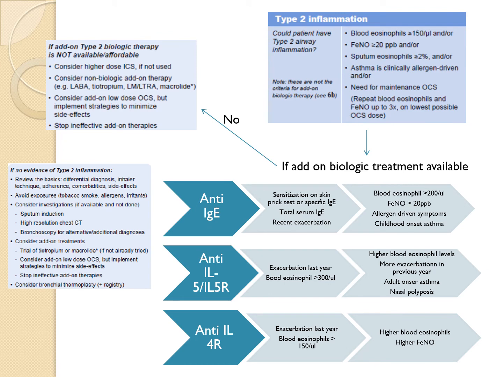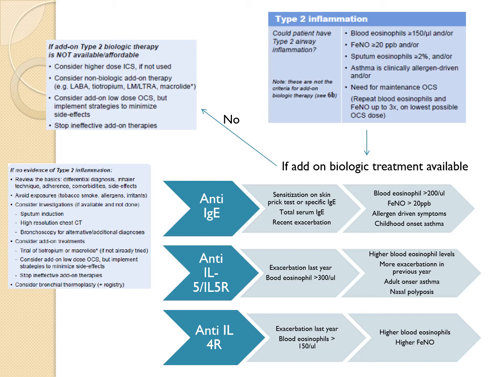If the patient is having poorly controlled asthma, if the patient is reaching the level of step 5, you have to find out whether the patient is having features of type 2 inflammation. The supportive features are blood eosinophils more than 150, FeNO more than 20, that is where FeNO comes into action, sputum eosinophil levels more than 2%, asthma is clinically allergen driven, or the main requirement of very high dose or oral corticosteroids. In these conditions, if biologic treatment is available, and if the patient is suitable to start on biologics, you can try biologics, and based on the criteria which is shown on your